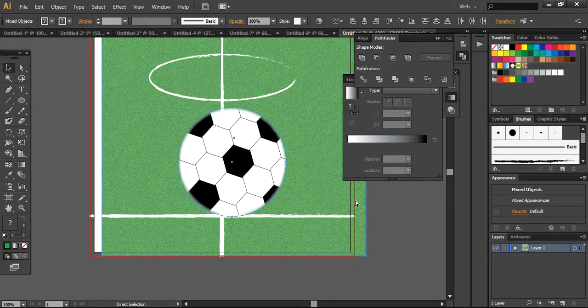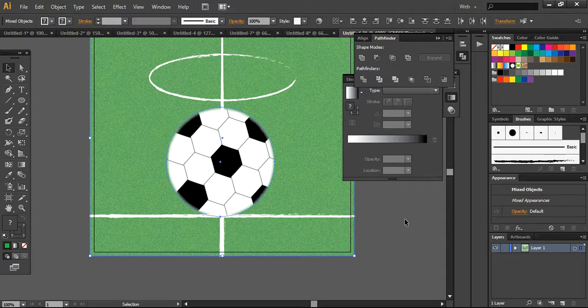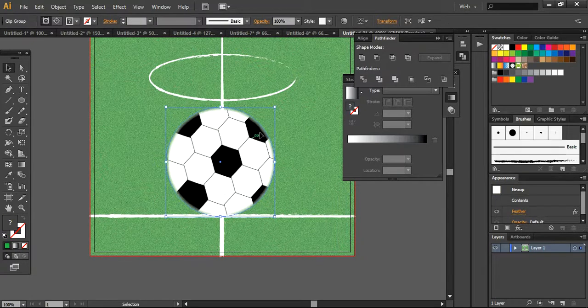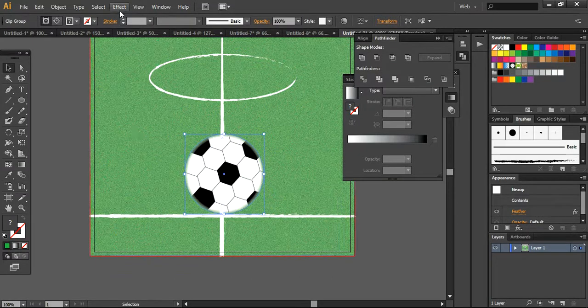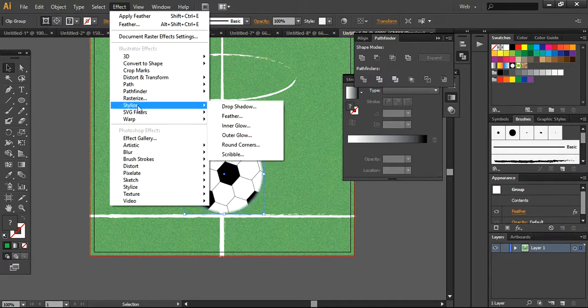I think we have to do something else as well. Just reduce down the size, place it in the middle, and now go into the effect, stylize, and drop the shadow